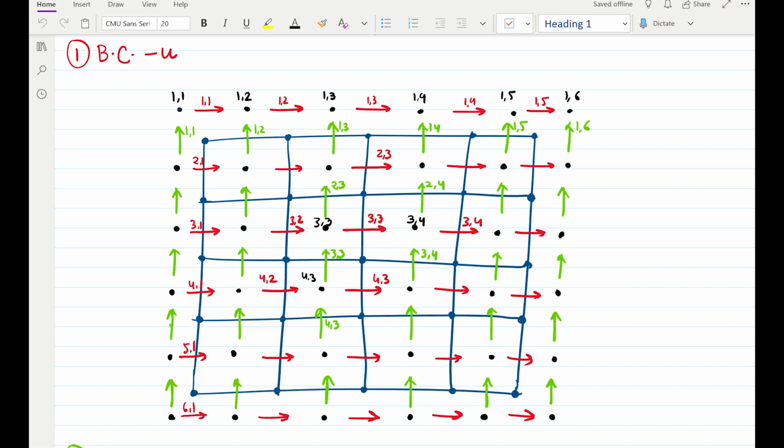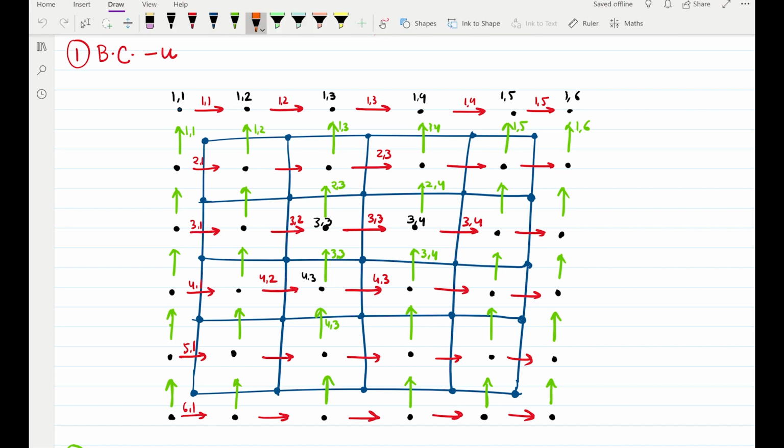So I have already drawn the staggered grid arrangement that we were using for the lid-driven cavity flow problem. So if I draw the lid-driven cavity here to give you an idea of the boundary conditions, we had the u velocity of 1 for the top boundary, which acts like a lid, and everywhere else the u was 0. And to understand how the boundary conditions would be implemented here, we have to look at all the boundaries independently.